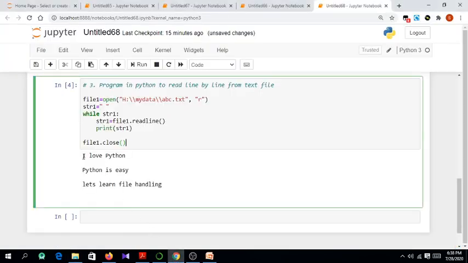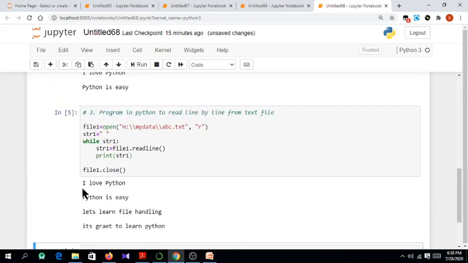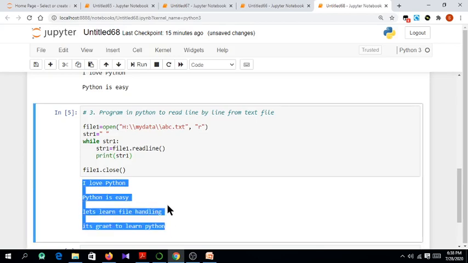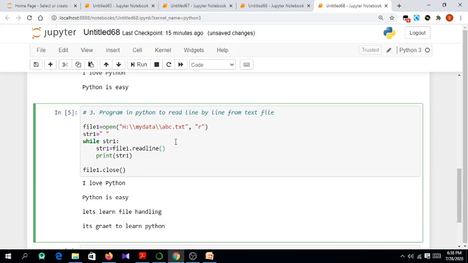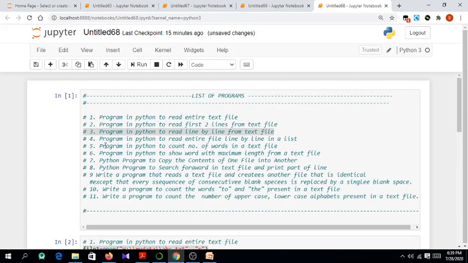Previously when it executed, it printed three lines. If I run this now, it prints four lines because the file now contains four lines. So you can apply this program to any file; as long as there are lines to be printed, it will execute. Once all the lines are over, this program terminates automatically. Okay, let us move to the next program.